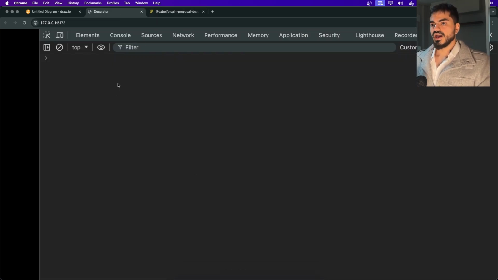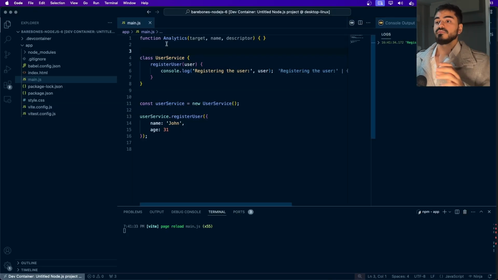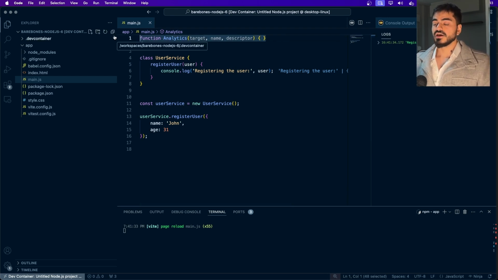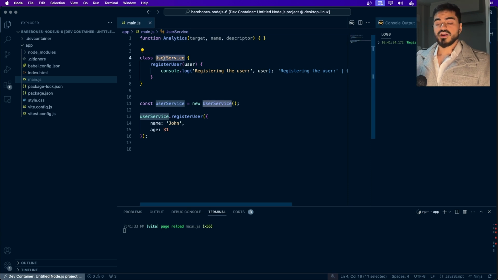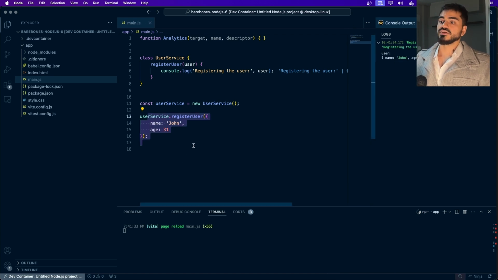So I have my main JavaScript file here, which has an analytics function. This is actually a decorator. This is how the decorator looks. But I have already mapped out the user service, and I'm already registering a user. So as you can see here, registering the user and then the name and the age. Now imagine that here,